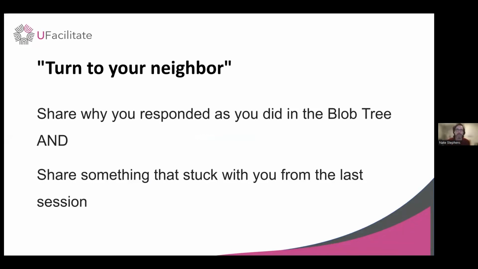I'm not sure how it'll even out. There might be one of three. But just share anything about the blob tree. We've kind of covered that, so don't feel like you need to go too much into that. I'm more interested in the second part. Share something that stuck with you from the last session, or if you weren't at the last session, from the first session, or if you can't remember the last session, either of the sessions, whichever makes sense.